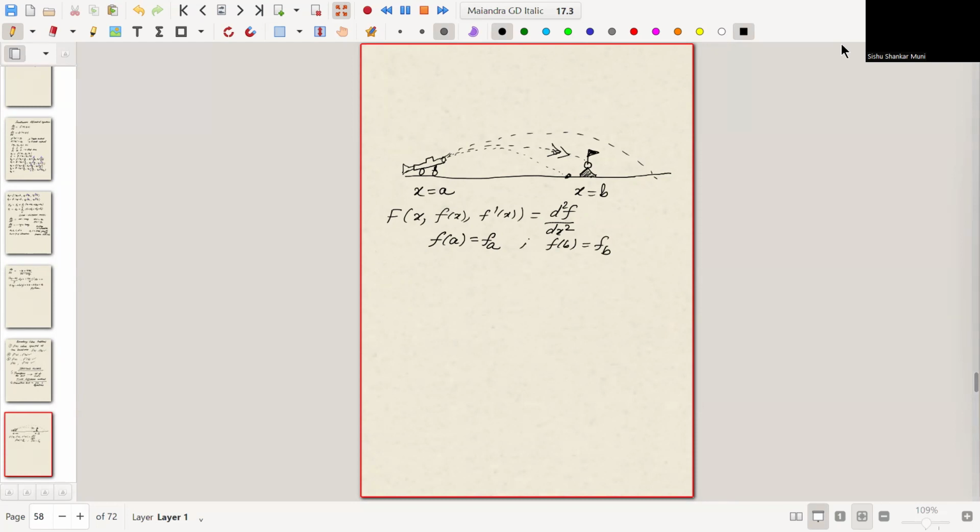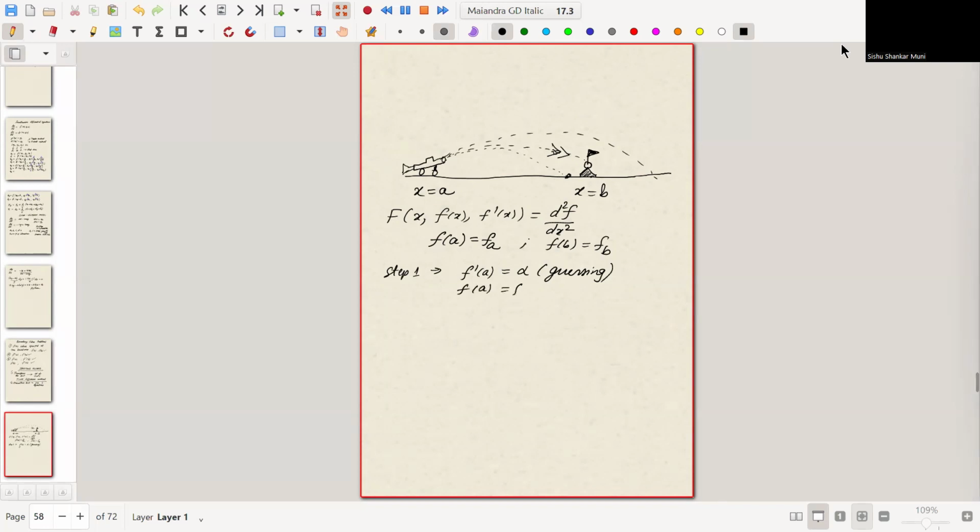Now our aim is to solve this using the shooting method. So what's the first step? The first step is to start by guessing what f'(a) is. Say you are guessing this: say f'(a) is alpha. Now if you know f(a) equals f subscript a, and f'(a) equals alpha, it's like an initial value problem, right? Then you can march ahead with any of the methods you know, right? Then when you reach x equals b,